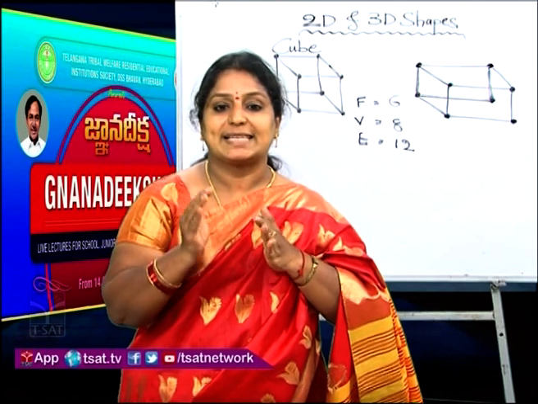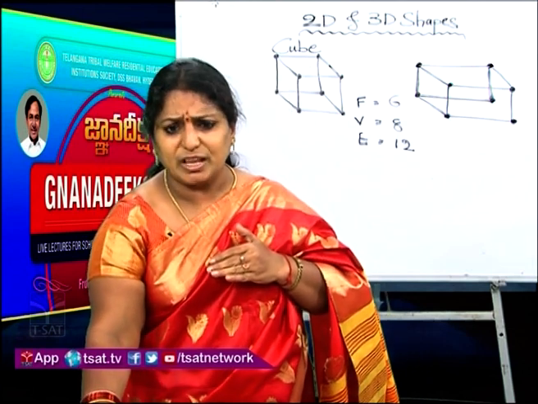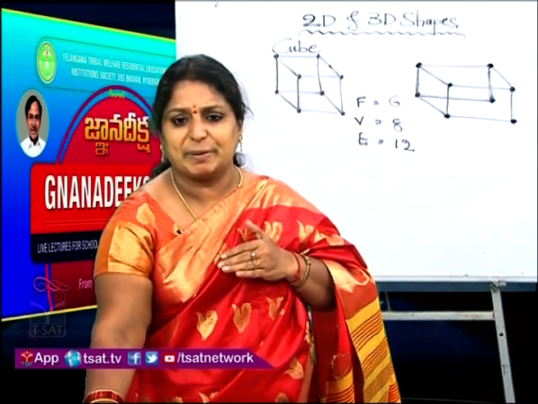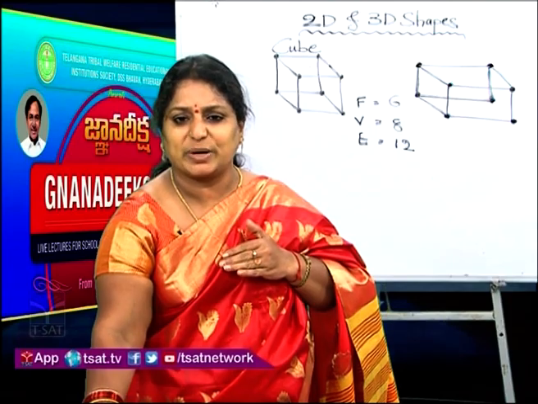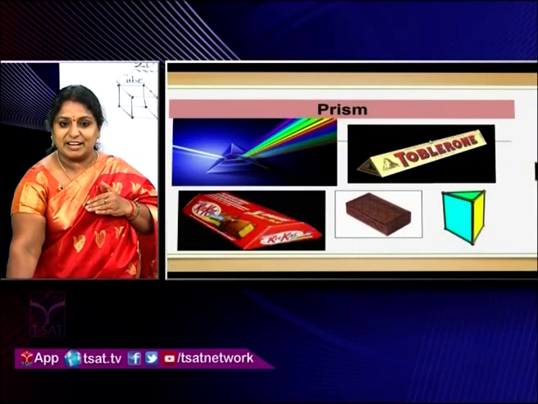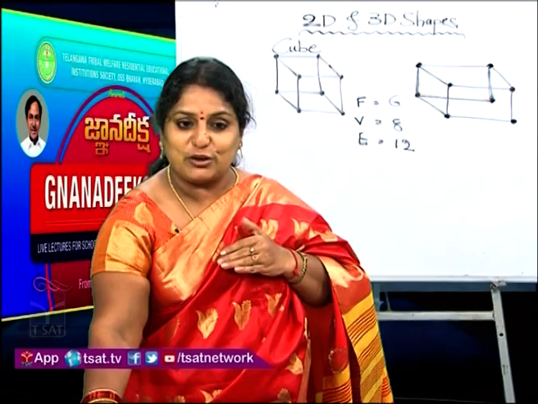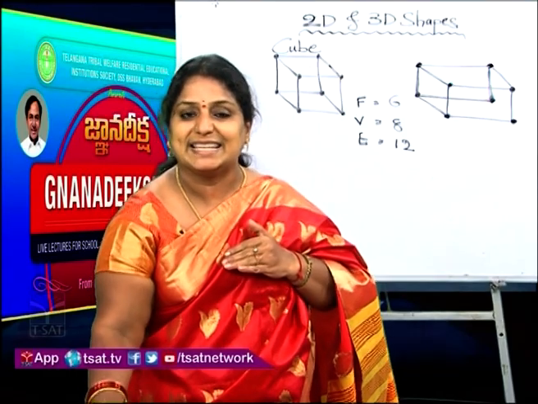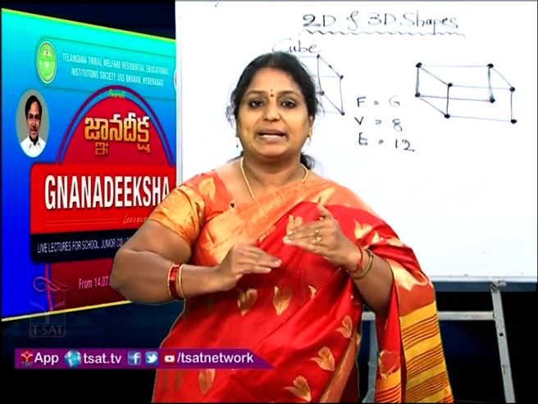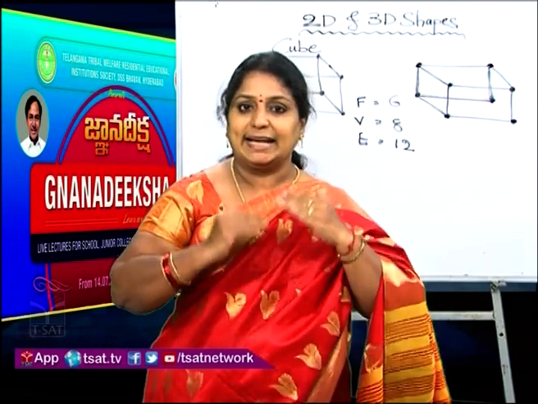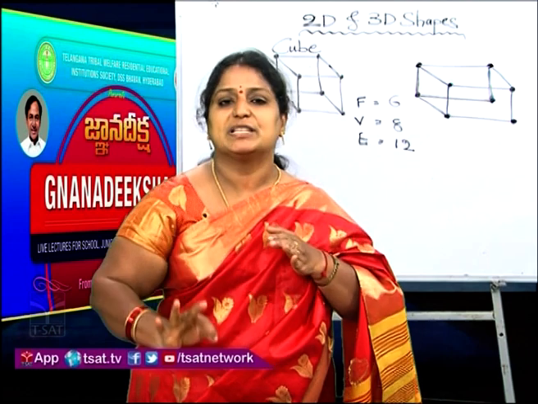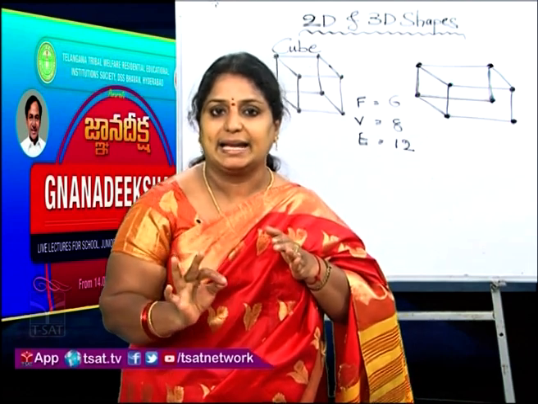Now observe the sides of the prism. If you see here, the side of the prism, which shape? For the pen stand you can see a rectangle. For this chocolate also we can see a rectangular side, and for the Kit Kat also you can see rectangular sides. It means that both top and bottom contain congruent polygons, and when you come to the sides, any prism you take contains the rectangular shape.